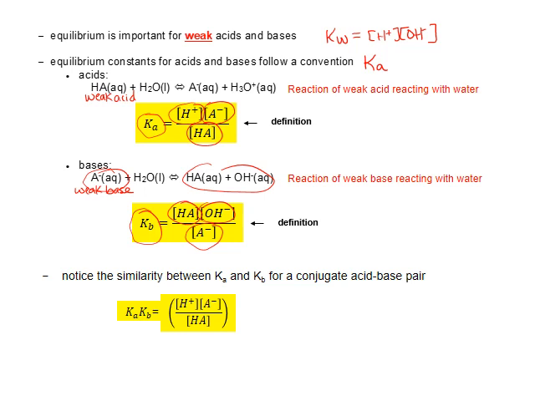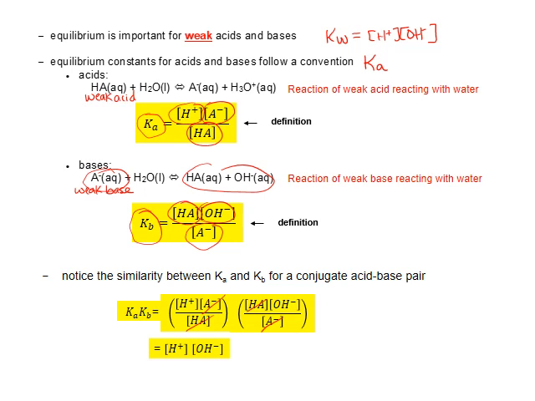H plus times the concentration of A minus, divided by the concentration of HA. We multiply that by Kb, which is the concentration of HA times the concentration of hydroxide, divided by the concentration of A minus. We see that we can cancel the concentration of A minus and also the concentration of HA. So when we simplify this, we have Ka times Kb is equal to the concentration of H plus times the